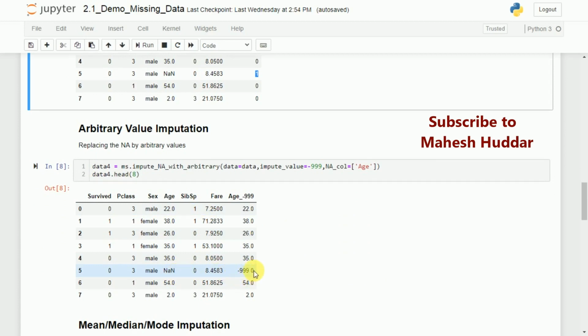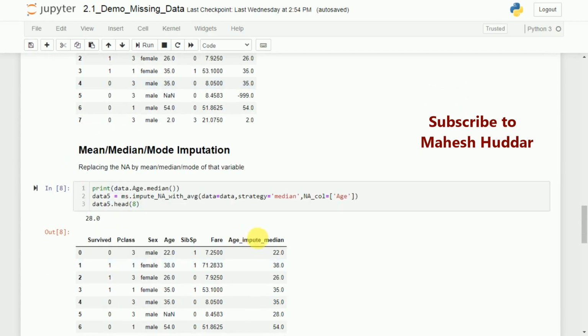So this is one method, and all other things are retained as it is. You can see here the first one was retained as it is, the second one was retained as it is. Only where NaN is present, that was replaced with -999 in this case. The next method is you can calculate the mean, median and mode of that particular column, and then you can replace the missing value with those three things. So how can you do that? First you need to calculate the mean, or just to understand whether it is working fine or not, I'll do one thing. I will calculate the mean of this age column, the median of that age column, and the mode.